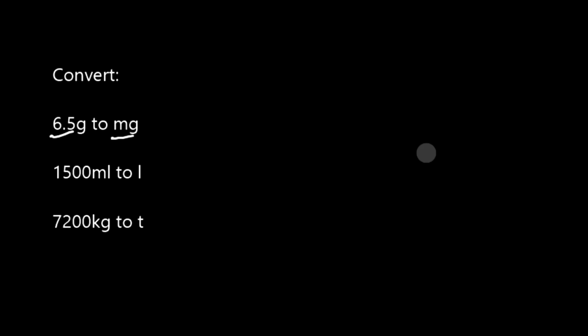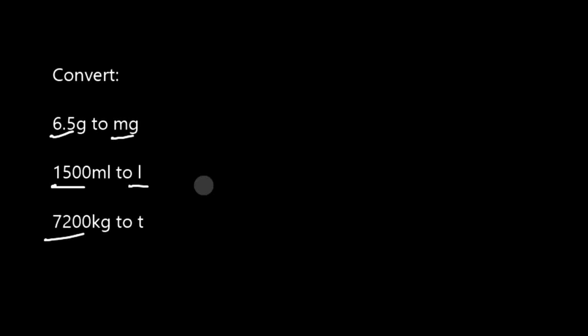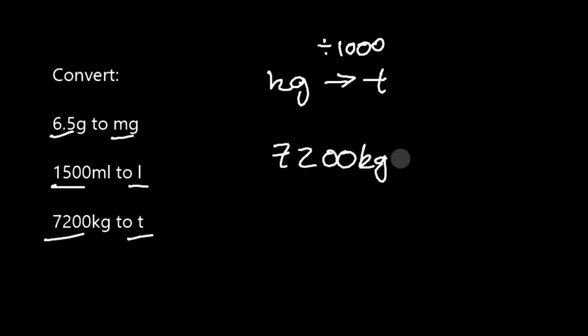So that's that one. Next, 1,500 milliliters to liters. To go from milliliters to liters, we must divide by 1,000. So 1,500 milliliters divided by 1,000 would be, let's go back 3 places, 1, 2, 3, so it'd be 1.5 liters. Next, 7,200 kilograms to tons. To go from kilograms to tons, we must divide by 1,000. So 7,200 kilograms divided by 1,000 is equal to